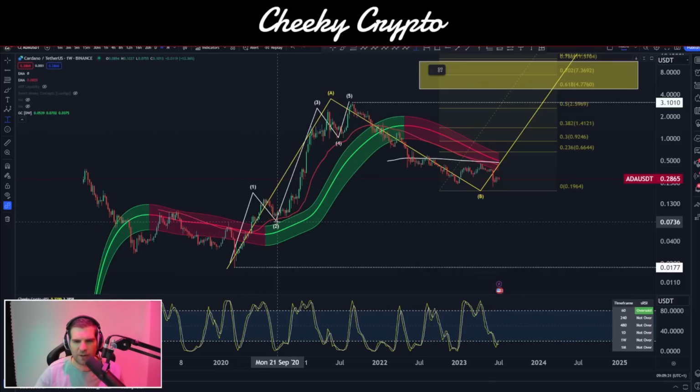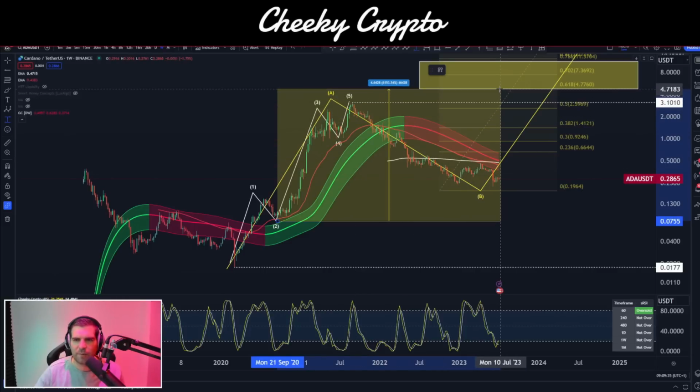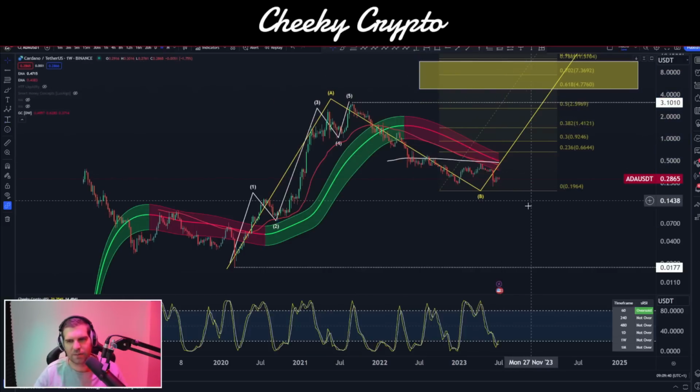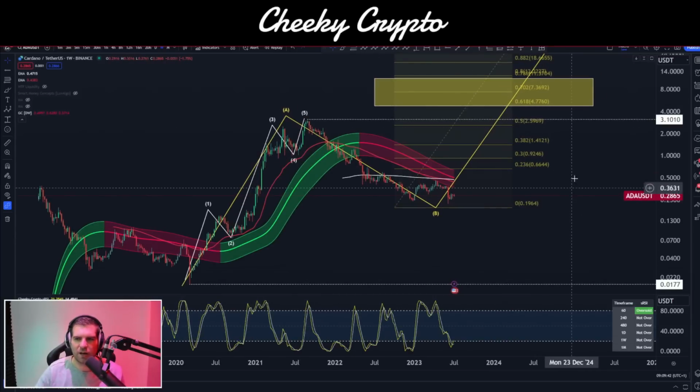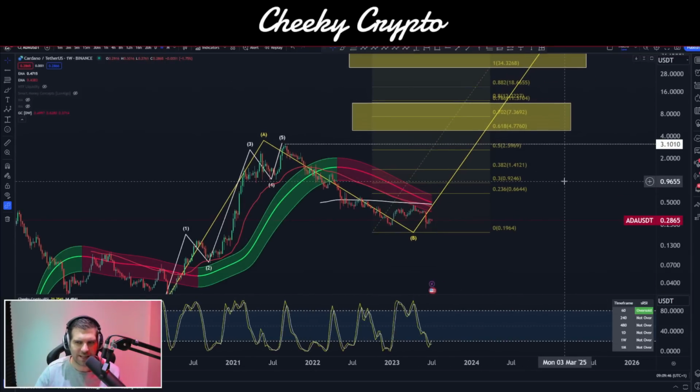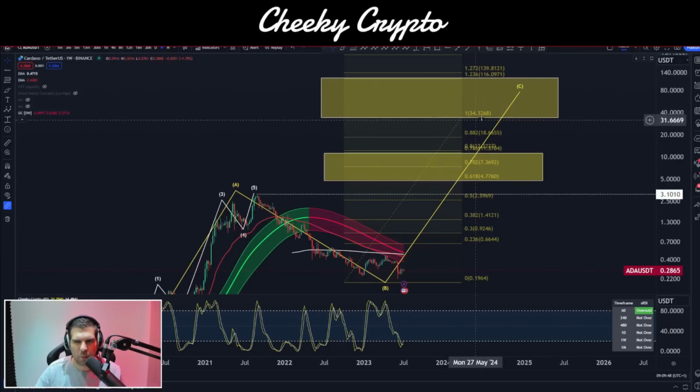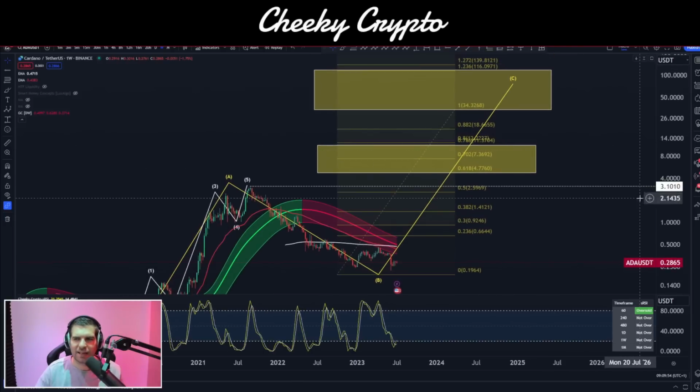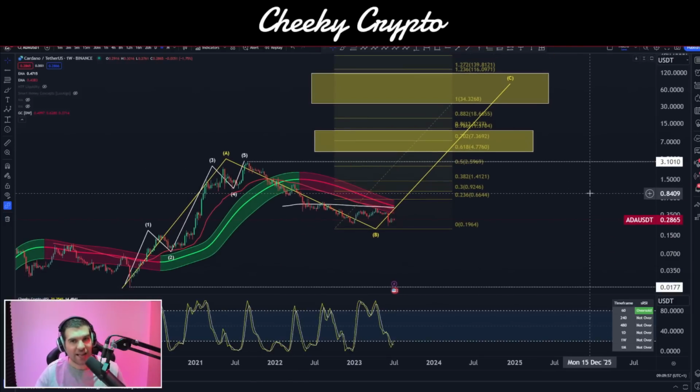We actually did most of our purchases around this wave 2 low point down here, and so if we were to come up to this point, I'd be talking about 6,000%, upwards of 15,000%. For me, that's looking pretty nice, but that's not the true potential. That's just an area that I think we're going to consolidate into. The actual potential sits way up here between $34.32 and $116.09. Now, again, that's going to be a challenge to get there.